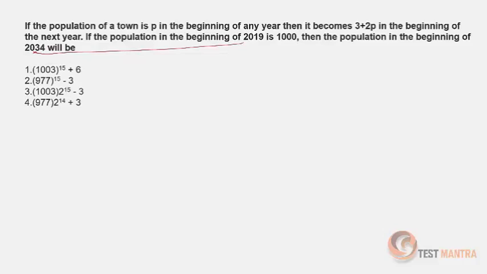Since I'm using a variable P, whenever I have a variable available, I can always draw my own relations in terms of P, right? So let's do one thing. First we'll try to check what could be the relations possible and what is the scenario here. So first year it's P, next year it will be nothing but 2P plus 3. Next year, so this is the first year, second year, let's consider the third year. It's twice of 2P plus 3 that should be the value possible here, right,